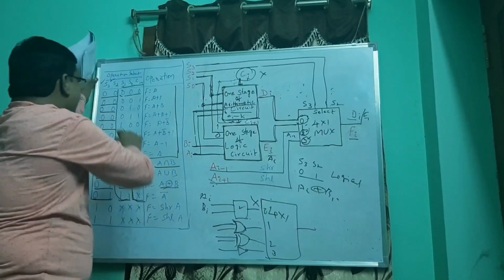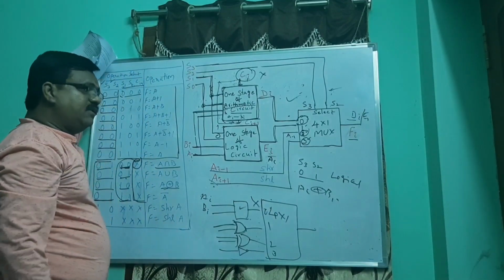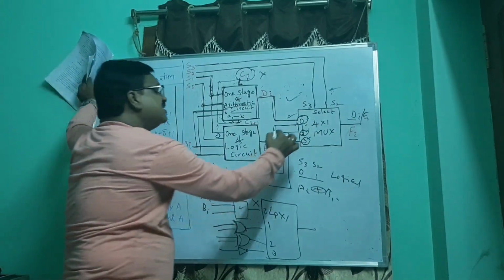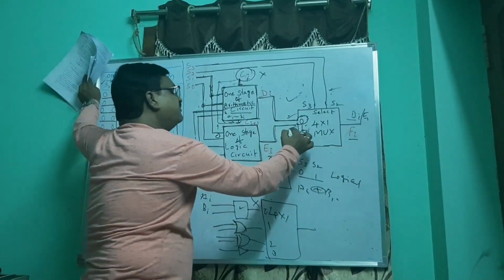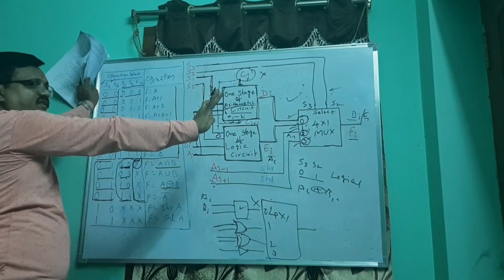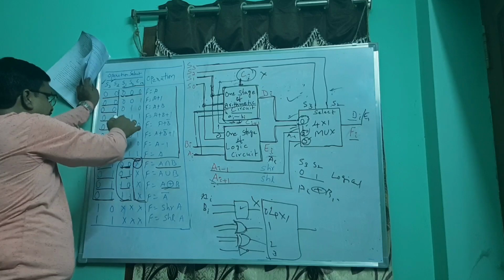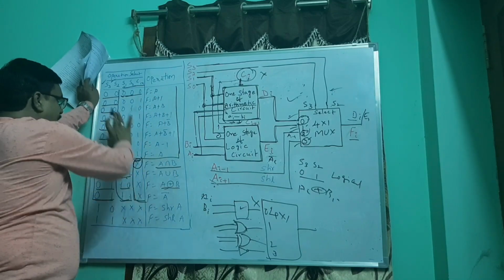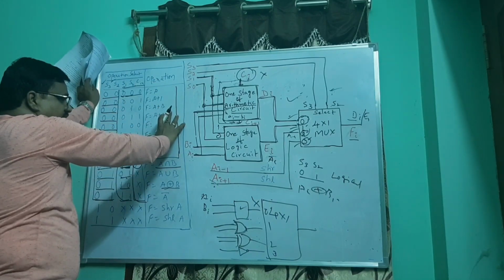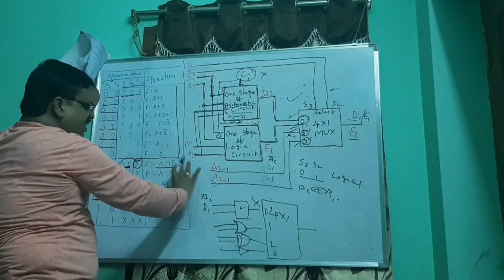So these S3 and S2 are the 2 select lines that are given to this multiplexer to select arithmetic operations, here 0, or logical operations, here 1, or shift left, shift right operation, here shift left operation. Okay, these two are meant only for that purpose, whereas these two are active for arithmetic and logical. Apart from these two, if you consider C in value also, put together 8 combinations are meant for arithmetic. So if you don't bother about the C in value, only these two are coming into the picture, that is only for the logical.